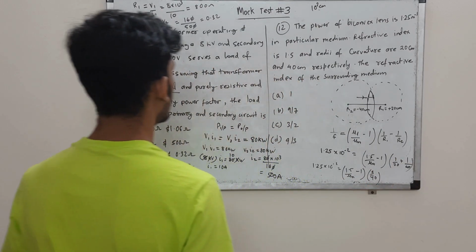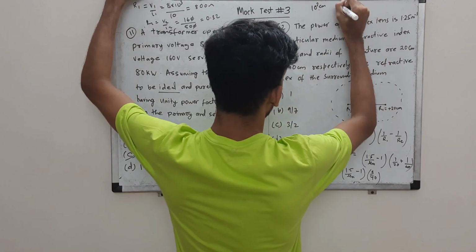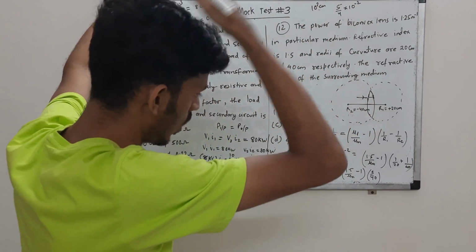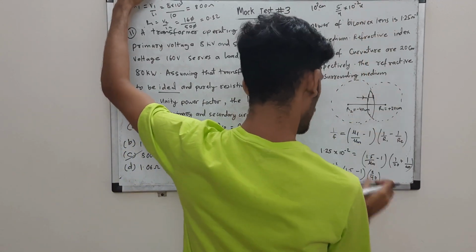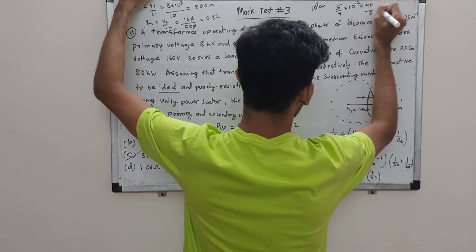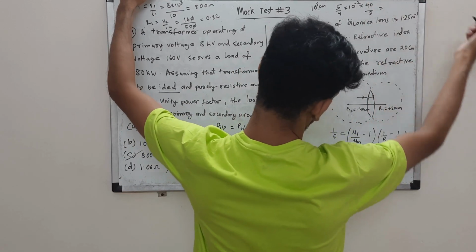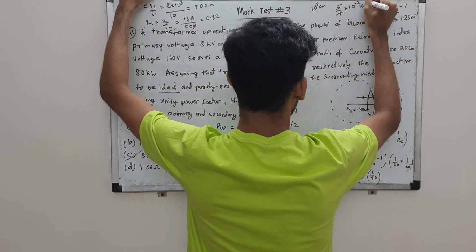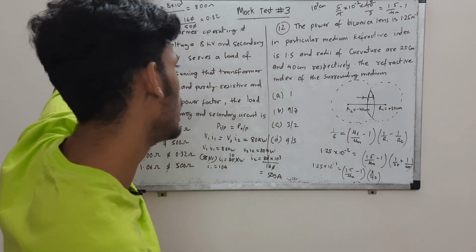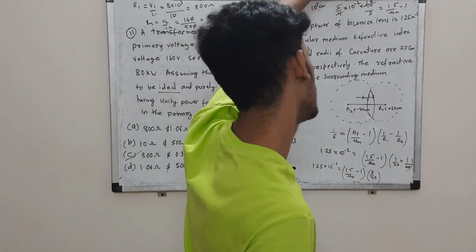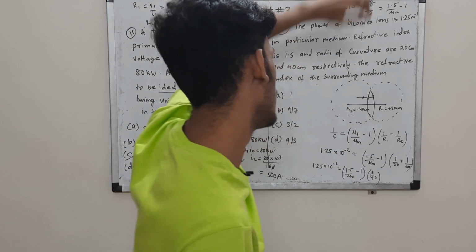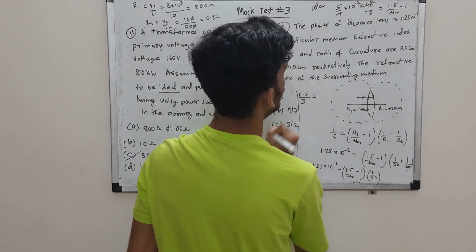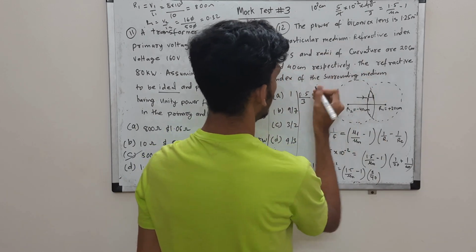Now solve it further. You can solve it over here. So 1.25 is actually 5 by 4 into 10 to the power minus 2, and here we'll have 40 by 3, and here we'll have 1.5 by mu m minus 1. So this and this can get cancelled as 10. What will be left? So 10, and this is 10 to the power minus 1, it will become, so this is 0.5 by 3. So 0.5 by 3 will be equal to, so just get that 1 on this side,